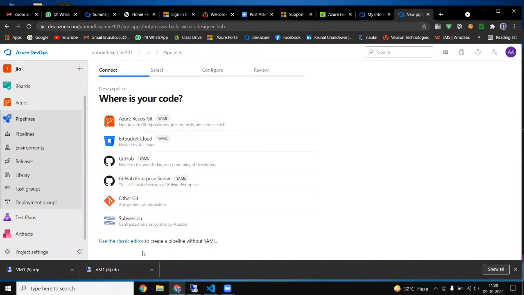And you know that I told you we are using two types of pipeline: one is a classic pipeline and one is a YAML pipeline. See here what is written: YAML. At the bottom, it says use the classic editor to create a pipeline without YAML. That means we can make a pipeline without YAML also, and we call that a classic pipeline.